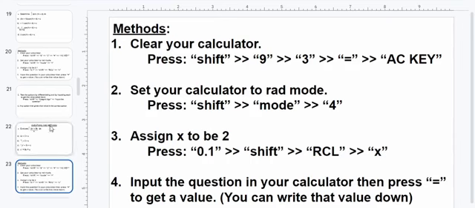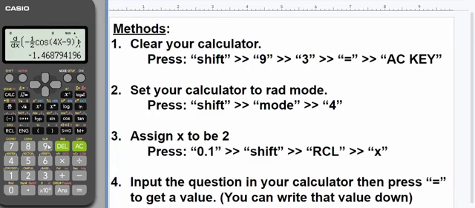Now the first step is you clear your calculator. Then press shift 9, 3, equals to, AC. So you are bringing out our calculator again. We're pressing shift 9. You follow the instruction here. You want to clear all, so you are pressing 3 equals to, then you press AC. Then obviously your calculator is back to default mode. Then you press shift mode and follow the instruction, then you press 4. Your calculator now is already in degree mode.